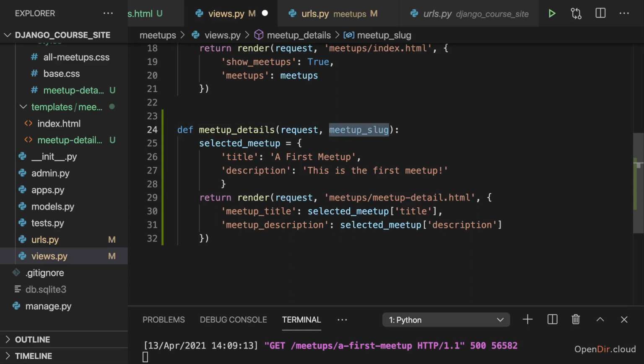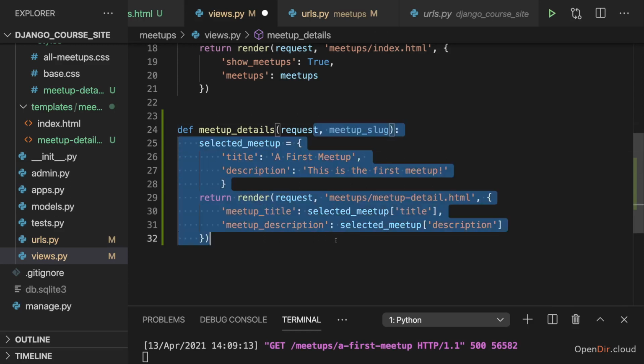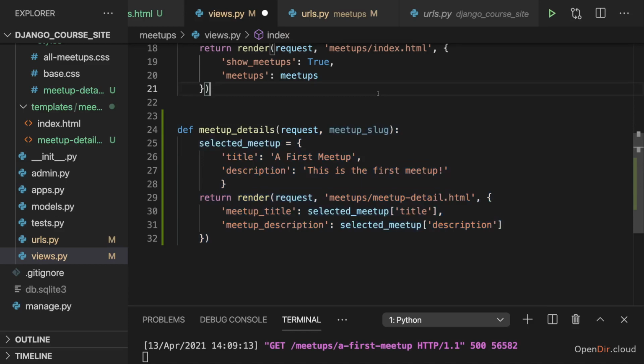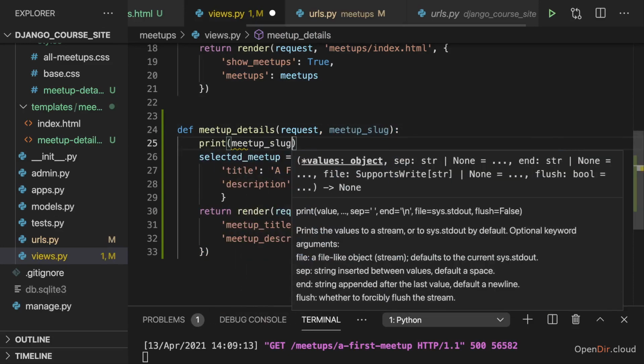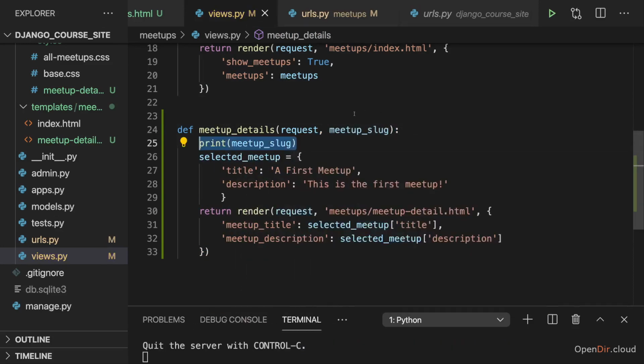Because Django will automatically pass the concrete value for this dynamic placeholder when this page is visited into this view function, and it will pass that value into this function through that parameter. So if I would print meetup_slug here in this view function, now that we accept this parameter,